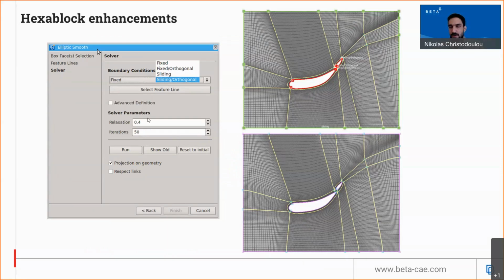The relaxation factor controls how fast the mesh changes at each iteration, and iterations control how much the nodes will be moved from their original position. Similarly, there's the function for volume mesh smooth, which is the equivalent elliptic smoother for Hexablock volume meshes.